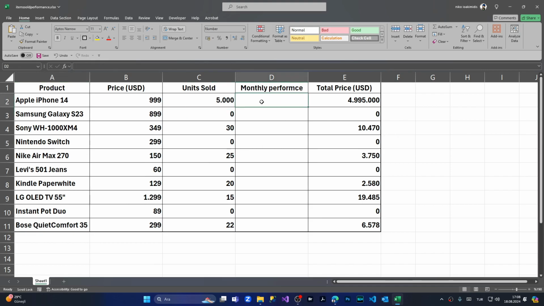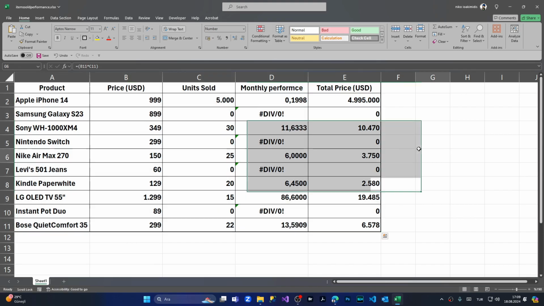In order to do that, we are coming to the D2 cell. And from here, we say equal and simply divide the price by the units sold: B2 divided by C2. Press enter. The monthly average for this particular item is 0.1998. Copying the formula to the cells below, as you can see, we have the monthly averages displayed, but in some